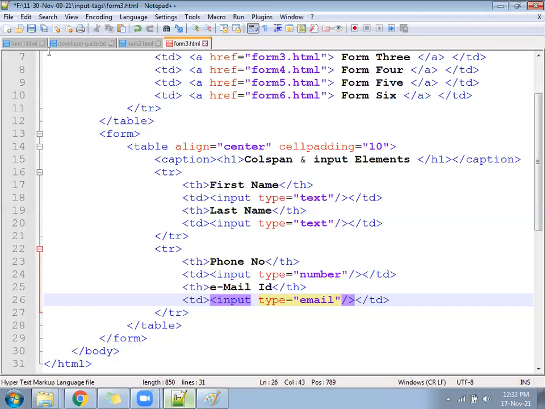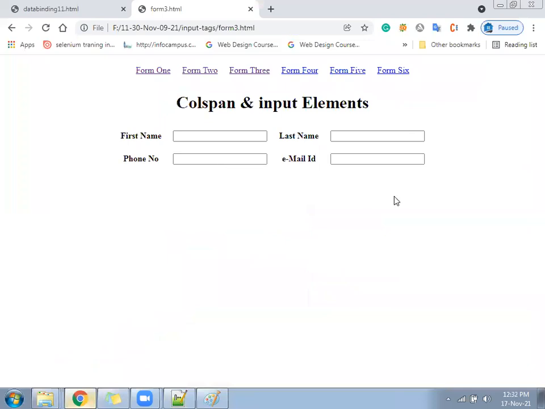Hope written. Check now. So you will get 2 rows plus how many columns? 4 columns.